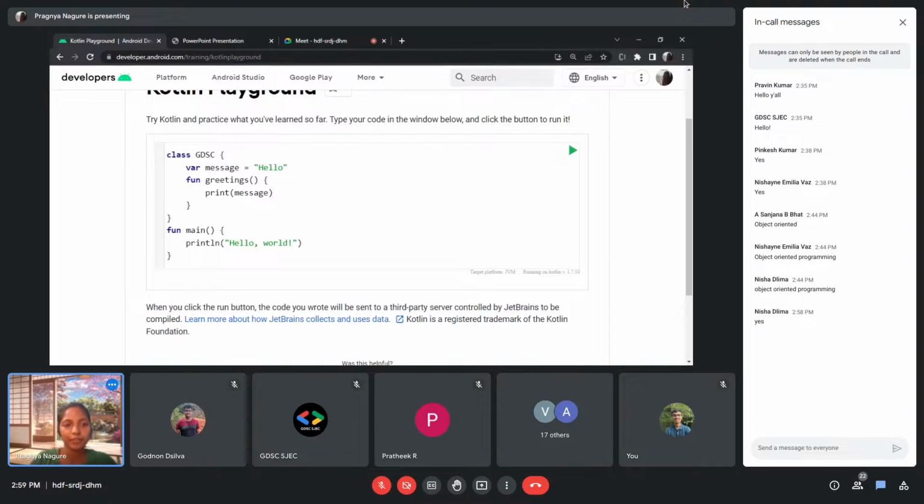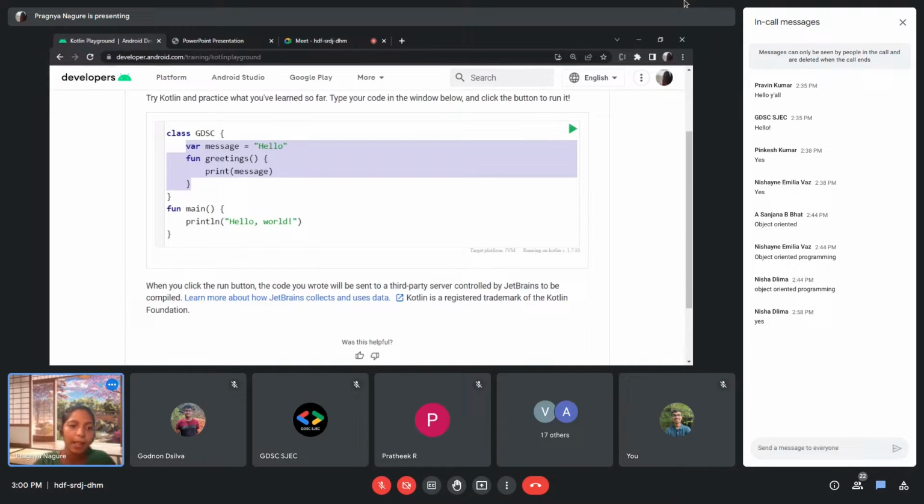So yeah, see, I have created a simple class GDAC. In it, as you can see, we have a variable, and we also have a function. So that is what I meant when I said encapsulation, you have things together. And next thing,